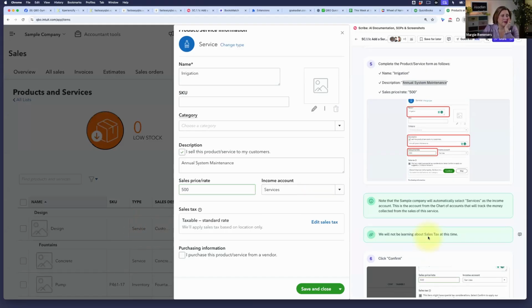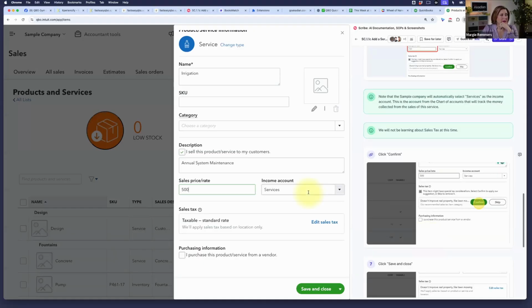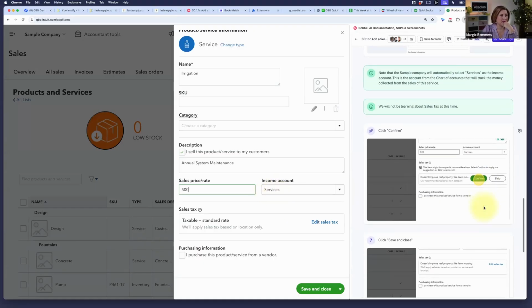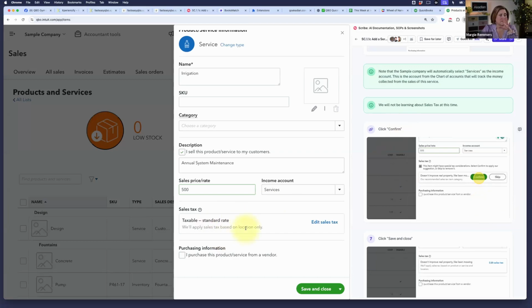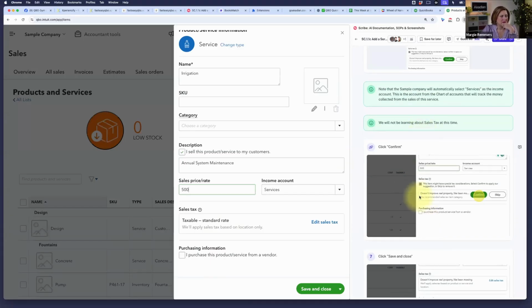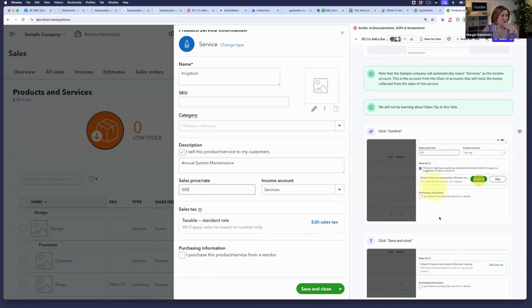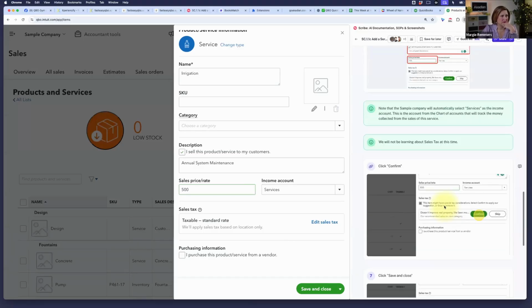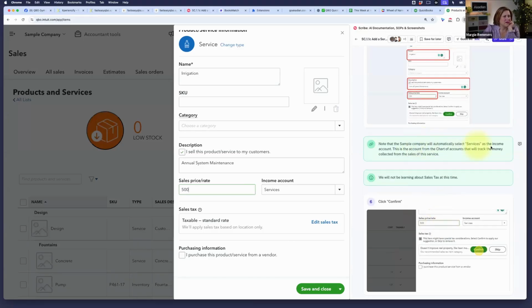All right. So right now, this is going to be services. We're going to leave it there. That's what the exercise is. We're not going to be dealing with sales tax for this exercise. Let's see, what do we say? Oh, this exercise is a little bit different. Note that, so in the exercise,